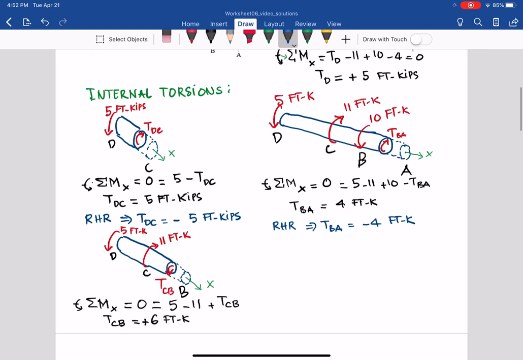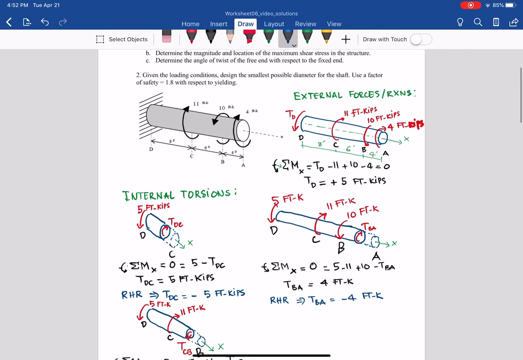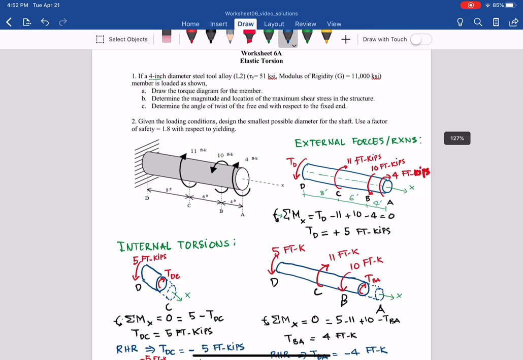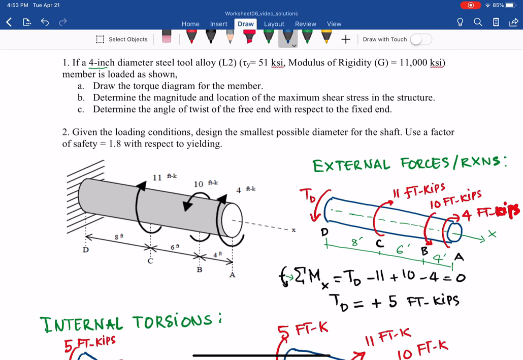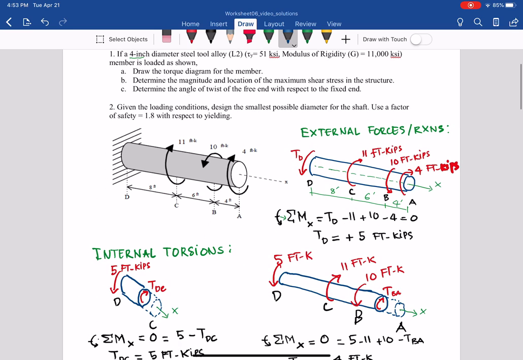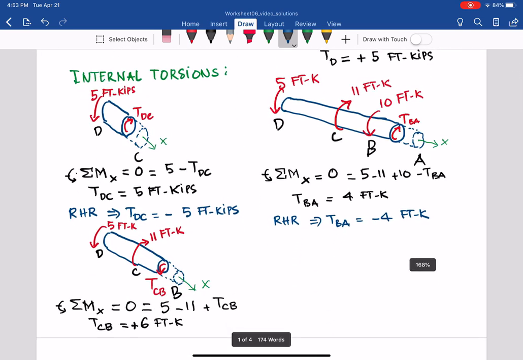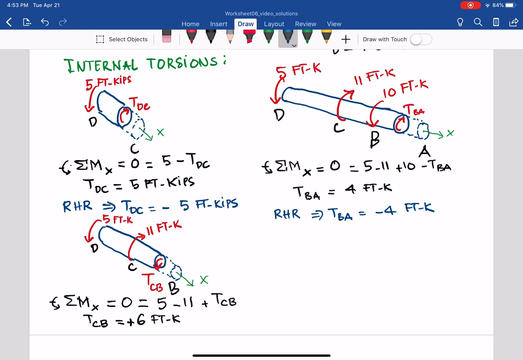So when we have all of that, we can go ahead to do the first portion, which is draw the torque diagram for the member, for the shaft. Draw the torque diagram for the shaft. So let's do that here. The diagram shows how the internal torsion for each portion of the shaft. So let's write down the torque